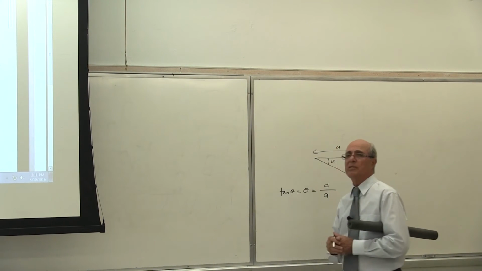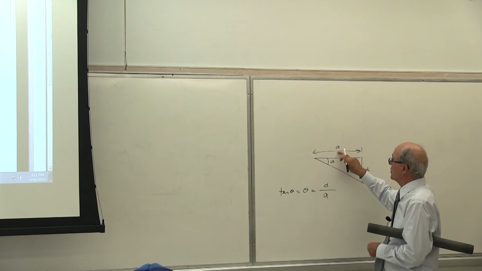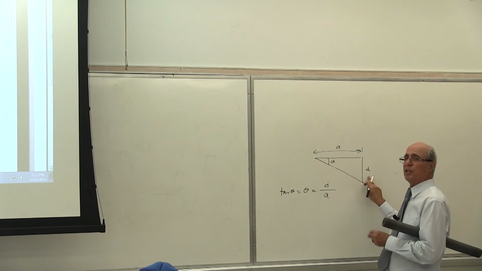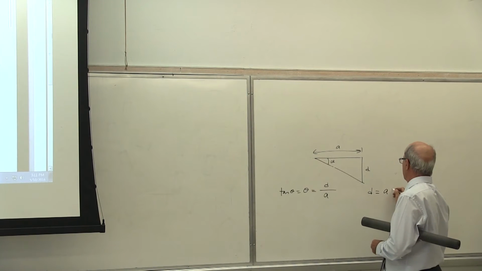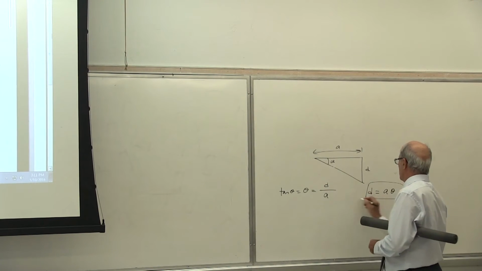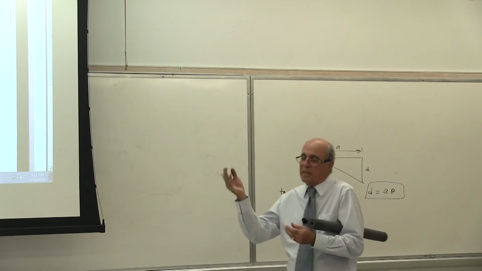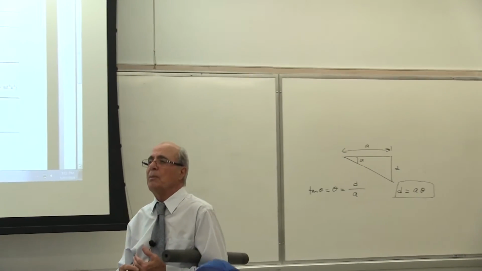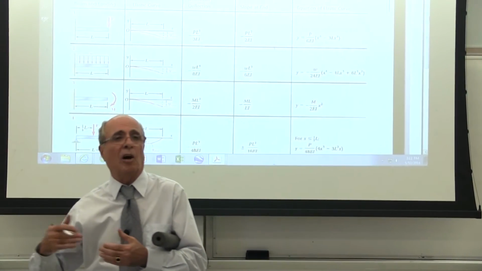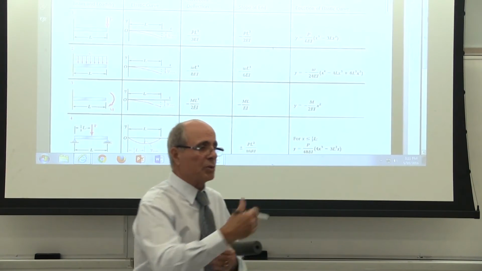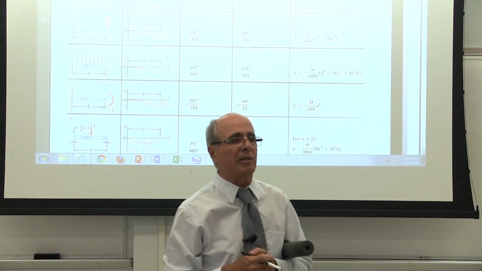Is that correct or not? I'm not looking for a. A is given. Theta is given. We are looking for d. Therefore, d becomes equal to a times theta. This formula, you don't have to remember it. It's all going to happen many times in your homework. When you want to extend the beam further past the load, you have to use a triangle rule. Is that correct or not?